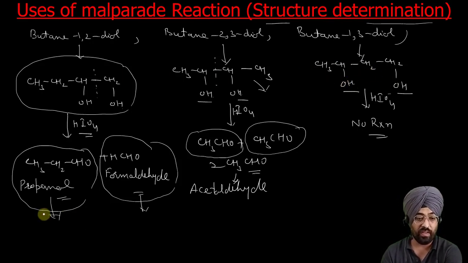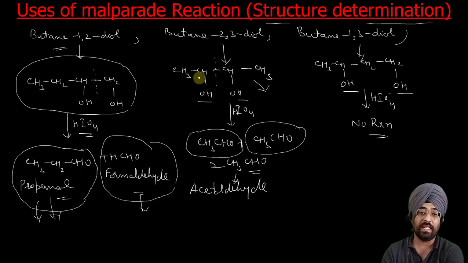So if we get propanal and formaldehyde, these can be obtained only from butane 1,2-diol, because you can write its theoretical reaction by doing back steps. You have to imagine these products and write the structure of the alcohol such that we can get these products, and these will be analyzed experimentally. After experimentally determining what products are formed, we try to imagine that these products might have been obtained from this reactant. So then we try to find the structure of this diol.